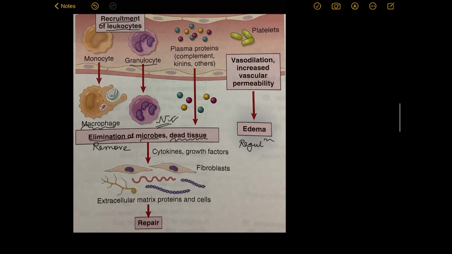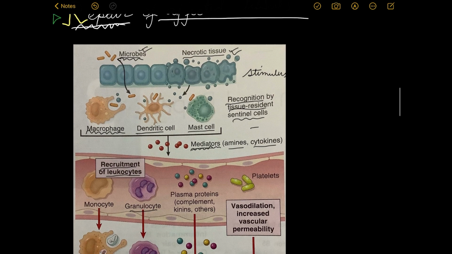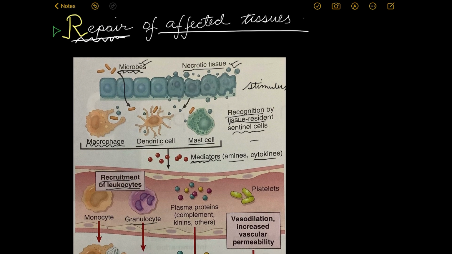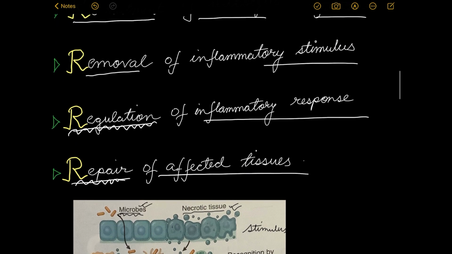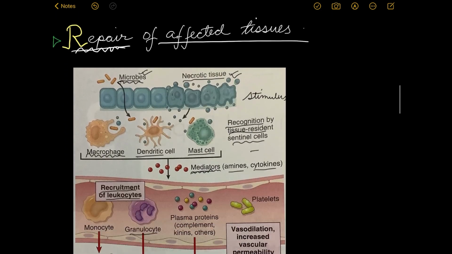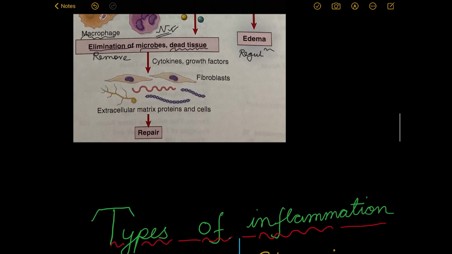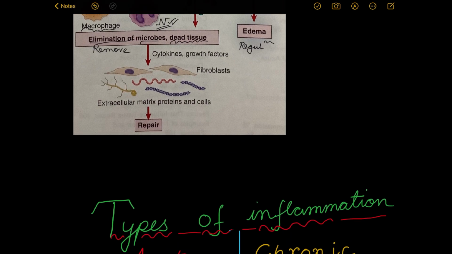Now obviously we'll be going into a lot more details later when we talk about the actual inflammatory processes, but I'm just trying to create a generalized overview of what we are about to experience in the subsequent discussions. Okay, so these are the 5 R's which are typically the inflammatory sequence. Done. Now, as I was mentioning, inflammation can be of several types, but the most broad classification of inflammation